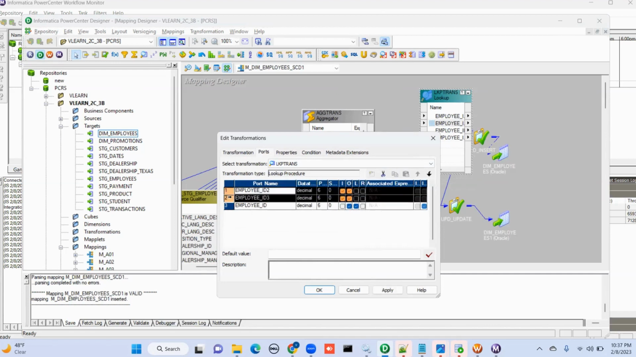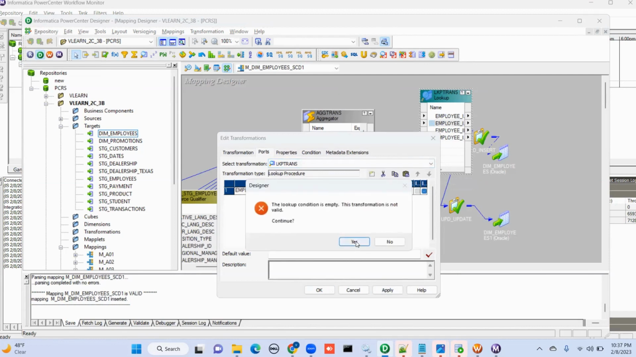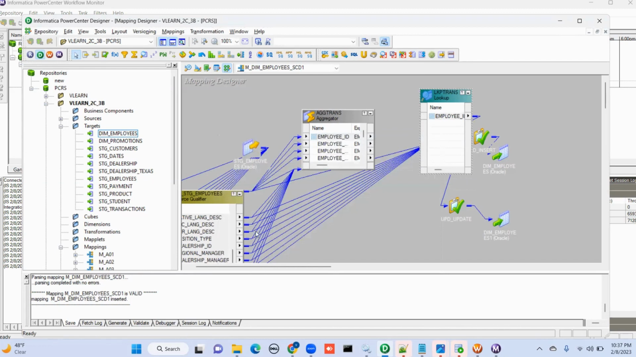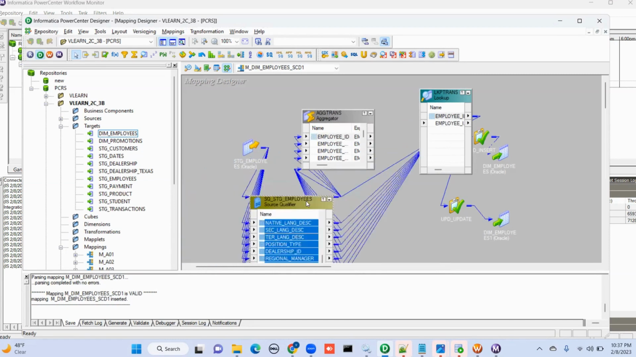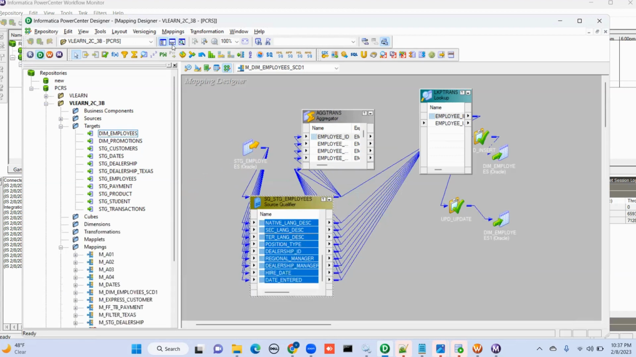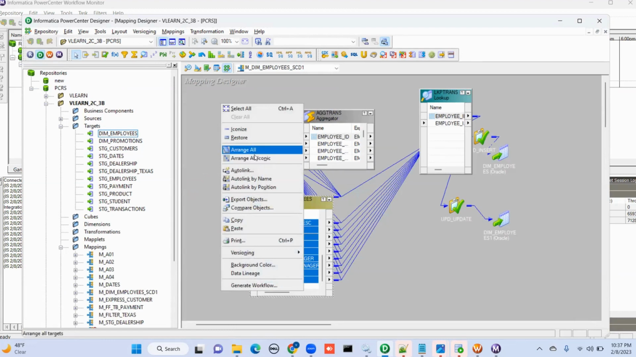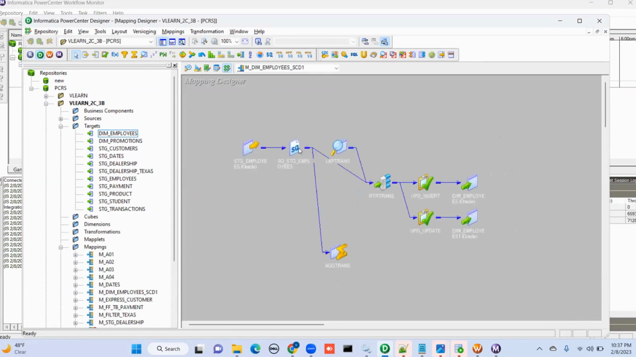Actually, I messed it up. The reason is, you remember that active transformation thing, active to passive, passive to active. That is what is happening here. From the source qualifier, I cannot send it to the lookup because the aggregator is an active transformation. What I can do,